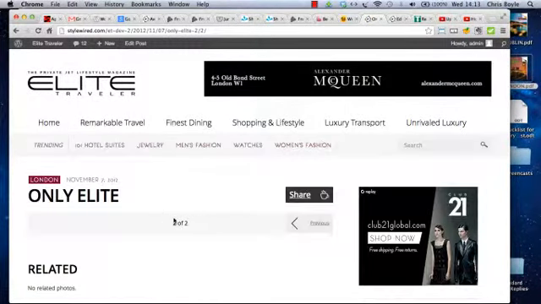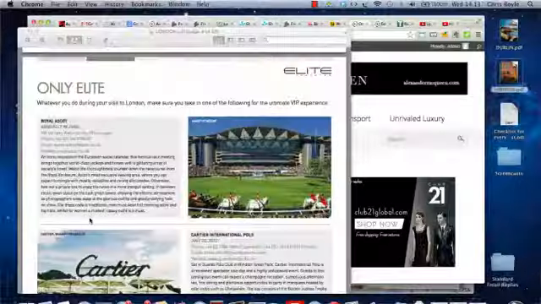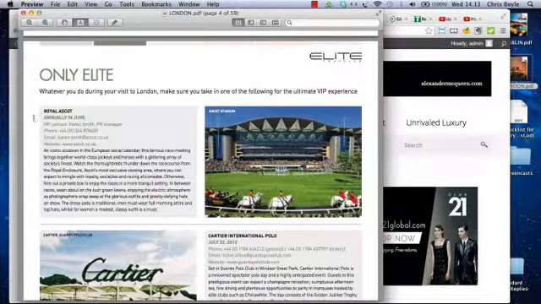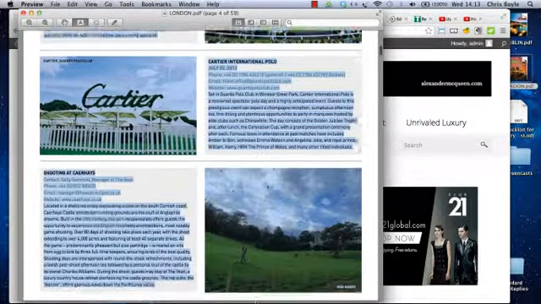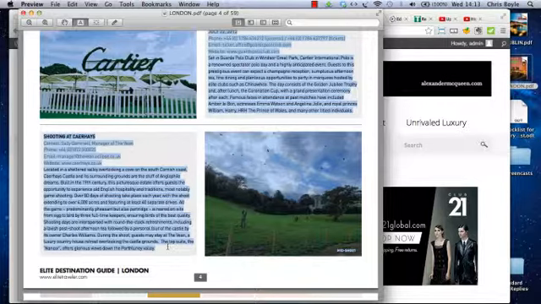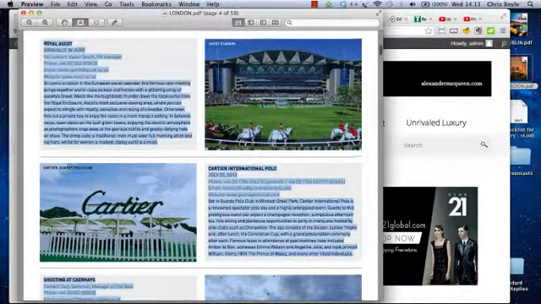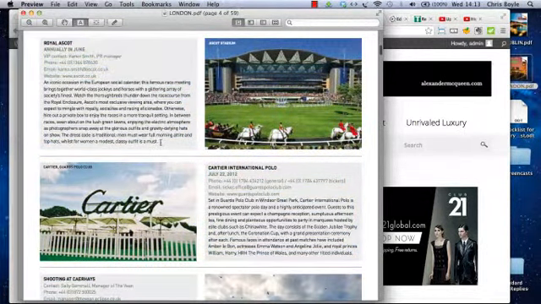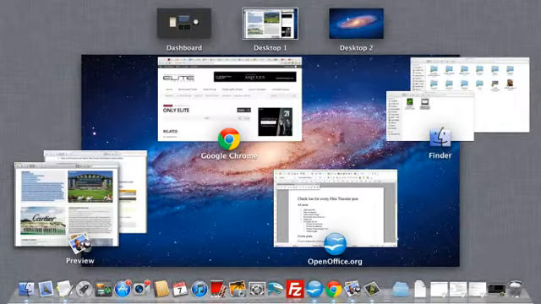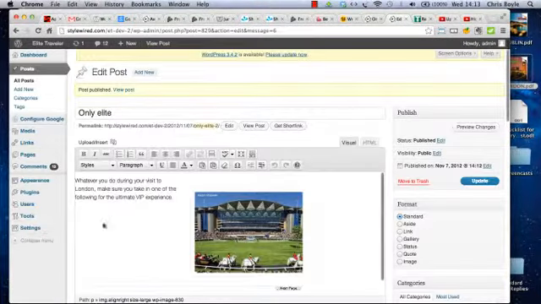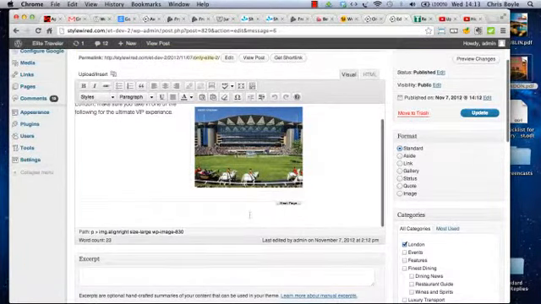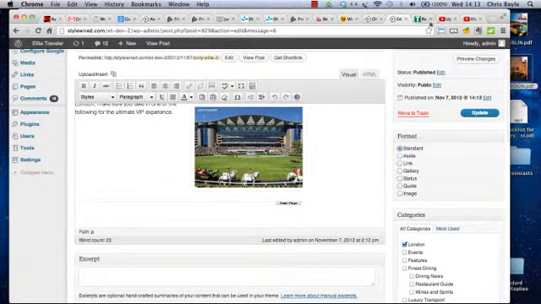Okay, so there's nothing on this page. Let's add the first bit of content, which will be Royal Ascot. So let's just copy. If you want to do this quicker, you can just copy it all like that and paste it all in at the same time and then format it, but I'm just going to do one for this demonstration. So I'll just copy that, and remember, again, you can't paste this straight in because it's all formatted badly. So